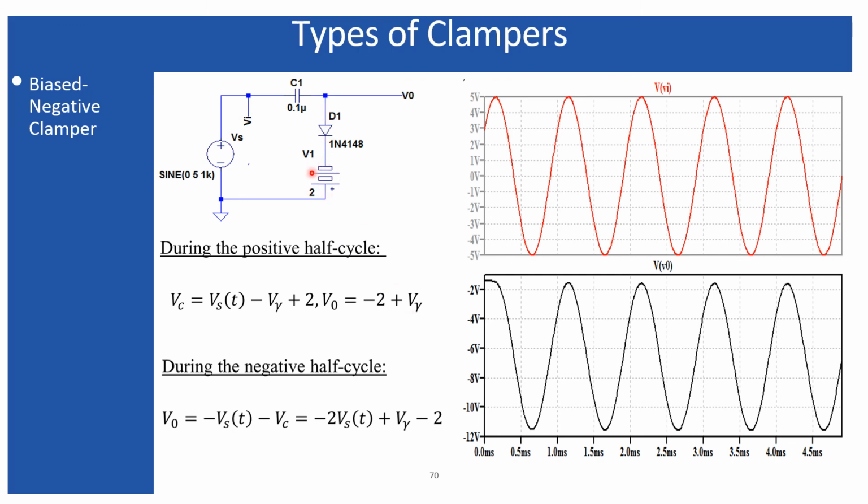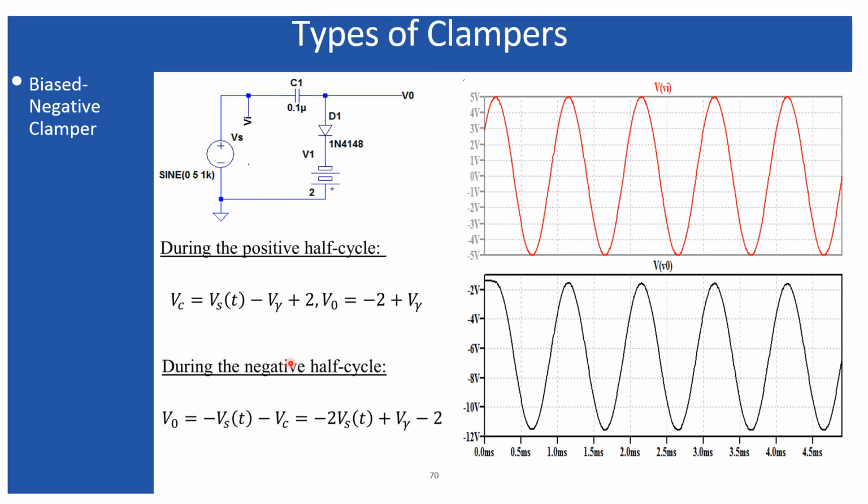because this is the minus 2 and V gamma has the orientation just opposite to this voltage what I have considered over here. So that is a minus 2 plus V gamma will appear across the output during the positive half cycle, and the capacitor is holding this amount of charge. So if you consider for the positive peak, the peak is at 5 volt. For 5 volt, it is going to be 5 volt plus 2 volt, 7 volt minus V gamma. So the capacitor is holding 7 minus V gamma. If you consider it is 0.7 volt for the silicon diode, so 7 volt minus 0.7 volt, it's 6.3 volt. It is holding for the positive half cycle.